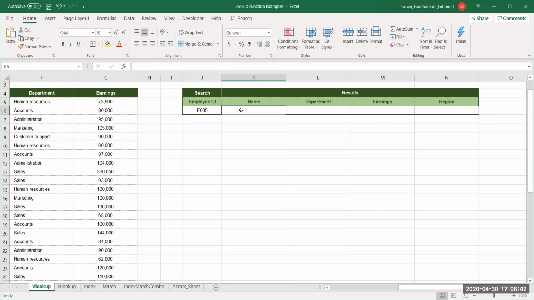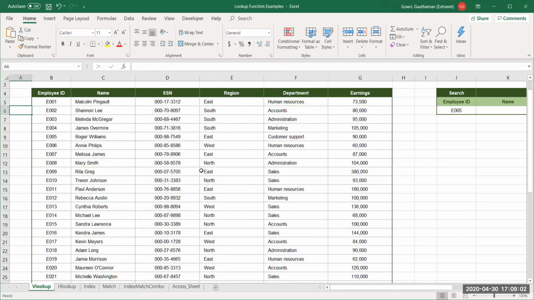First of all, you need to take care of two conditions. Even before you apply VLOOKUP, you need to check a few things. Currently we have only E005, that's the employee ID. This is known as our search value or lookup value. This should be present in the leftmost column of our selection.